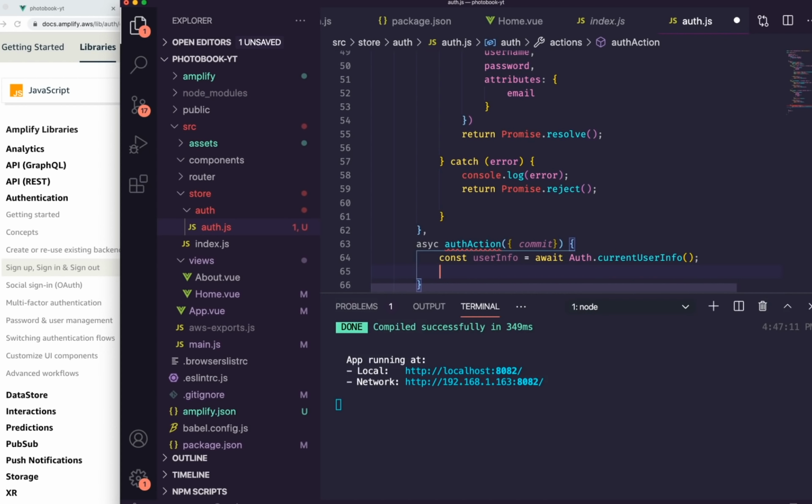And by the way, there is an AWS Amplify extension that'll actually help sometimes with some of these autocompletes if you're not using TypeScript. So you can look at that too, and that's why you're seeing some autocompleteness there. So I'm going to do commit set user